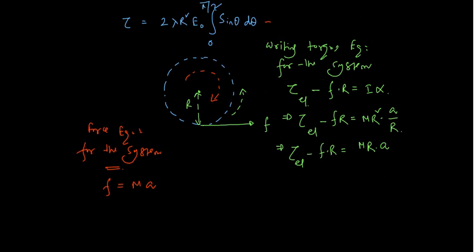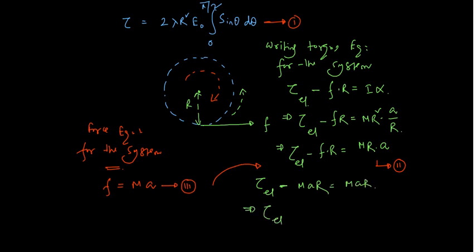So I will call this equation number 1, this equation number 2, and this equation number 3. So if I substitute equation number 3 into 2, we will get from here tau electrostatic minus F means MAR, that is equal to MAR. So tau electrostatic, if I bring this to this side, becomes 2 MAR. Then finally, if you substitute this result into equation number 1, then I will write from 1